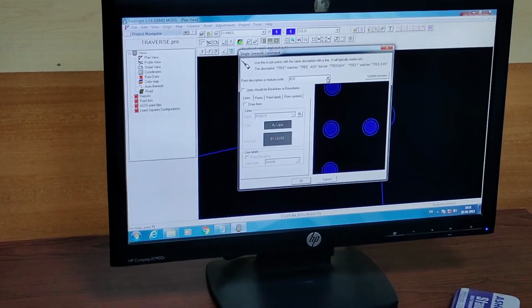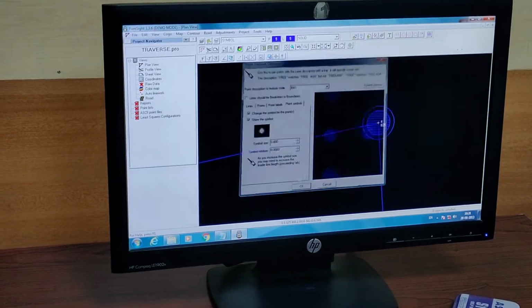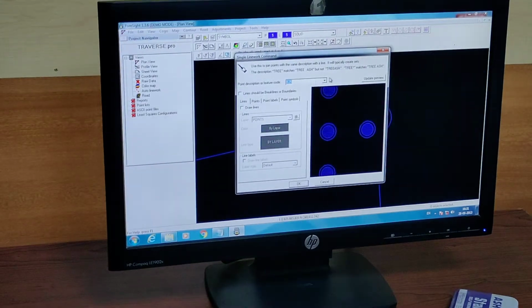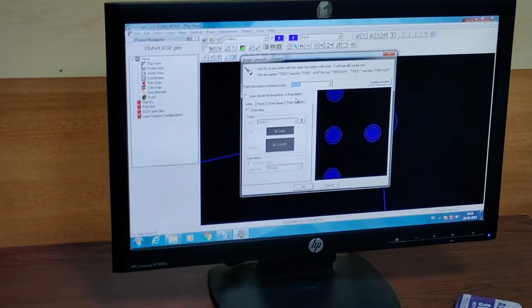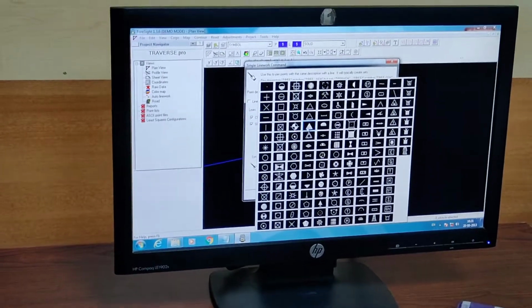Next, we have to do it for all the points. PG&E, this is a known point, no? Yes, sir. For this one, change the symbol.